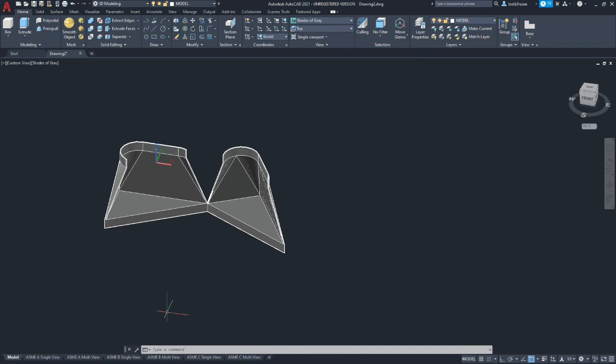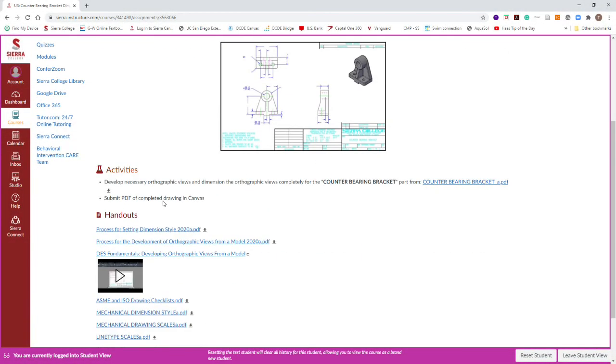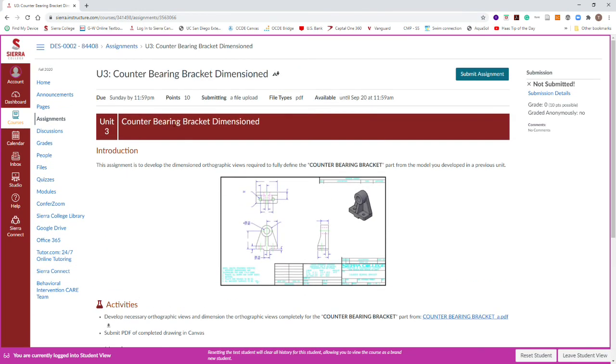You need to upload 5 separate DWG files for this assignment in Canvas, and I will even show you how to do that. Okay, so I'm actually in Student View. I'm in a different assignment, but I'm going to show you where you can submit multiple files.